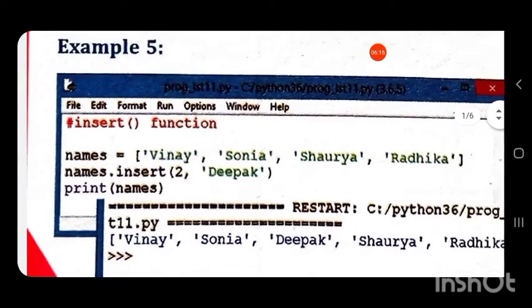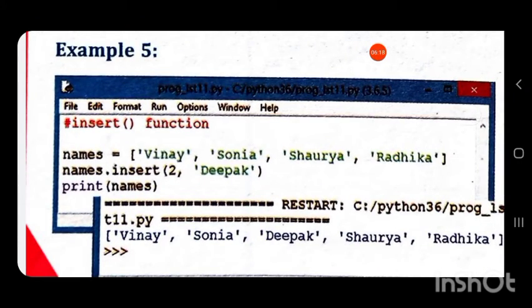When we print that, the new value to be inserted, that is Deepak, will be inserted at index position 2. Index position 2 means the third value in the list.